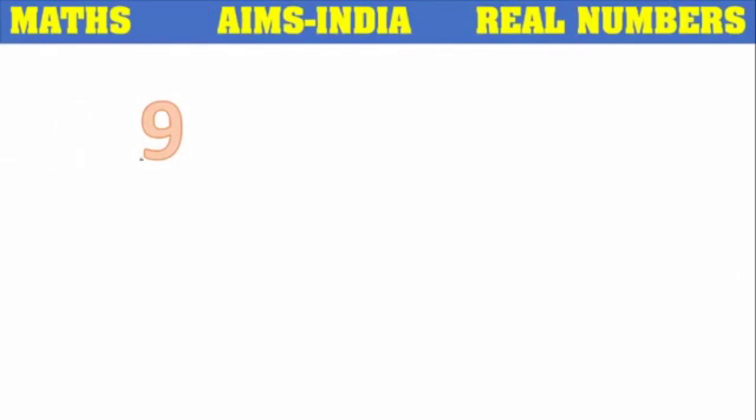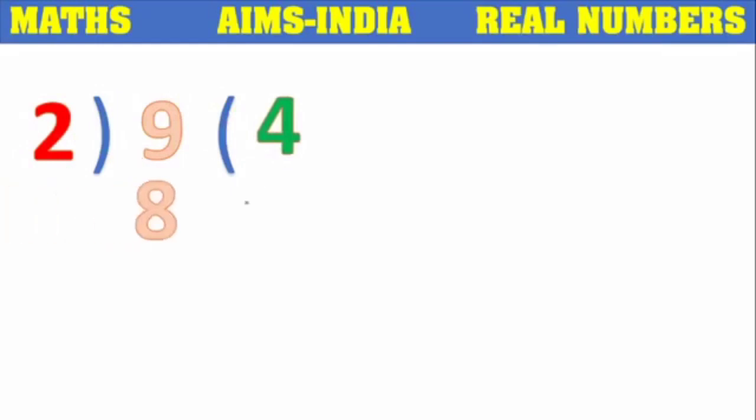Let's consider we have 9 chocolates, and we have to divide them into equal groups consisting of 2 each. So we know that 2 fours are 8, and the remainder will be 1. If we are given 9 chocolates and asked to make groups of 2 each, then we can make 4 groups. Still, 1 chocolate will be remaining. So this is the normal division which we know already.